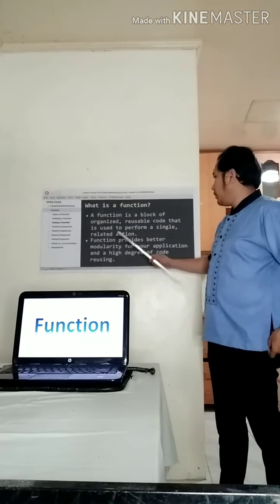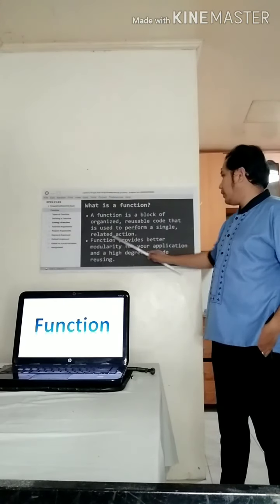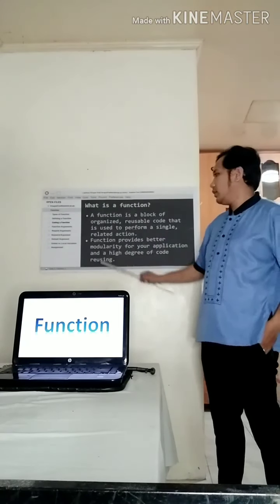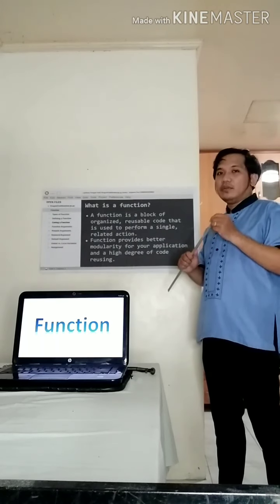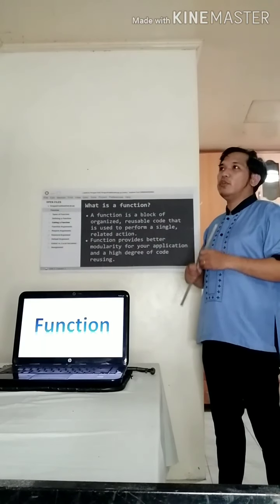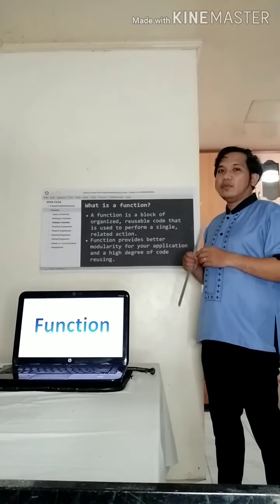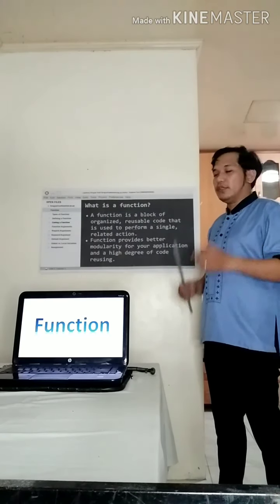Second, a function provides better modularity for your application and a high degree of code reuse. By using a function, our program is much neater, more readable, and easier to understand by other programmers.